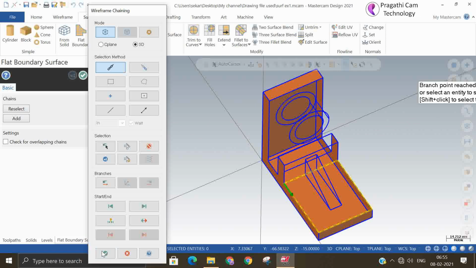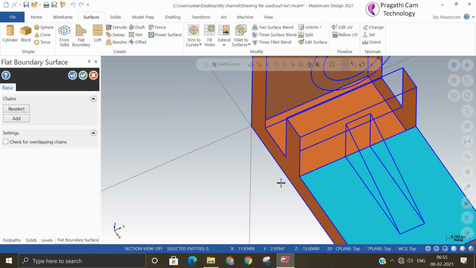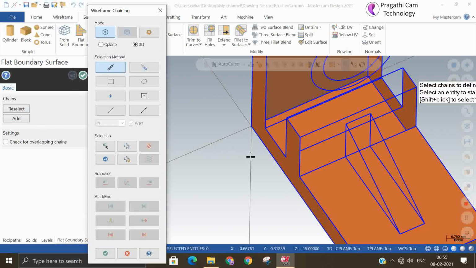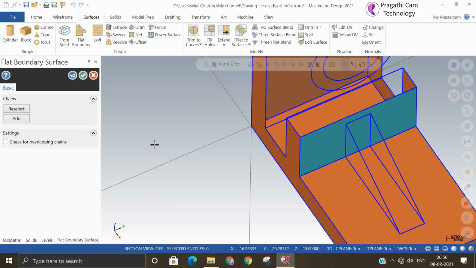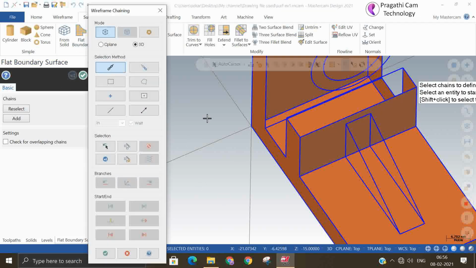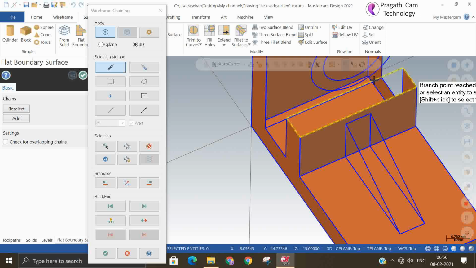And the other side also we can close. It is a very simple technique. You can convert the wireframe model into the surface model. Only two commands are enough to convert a wireframe model into a surface model.